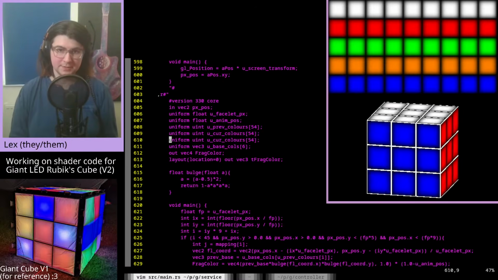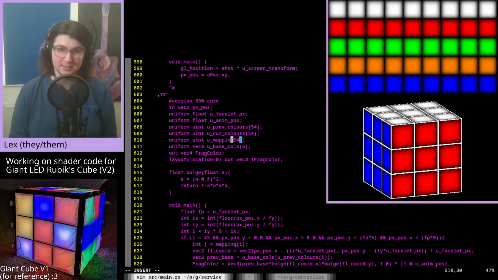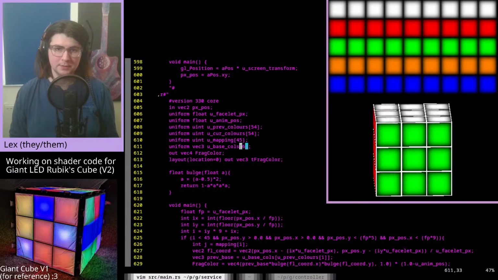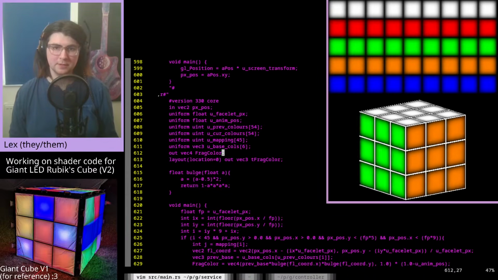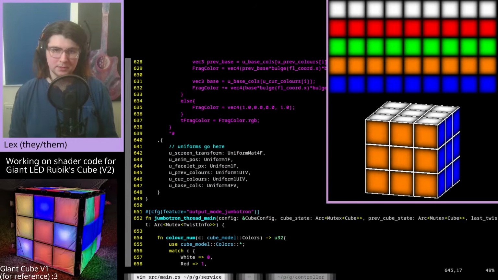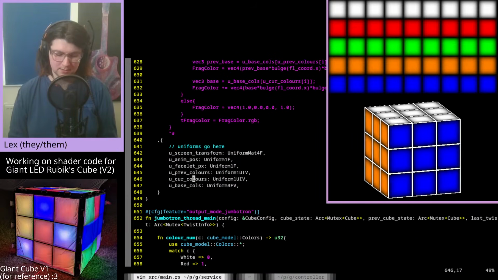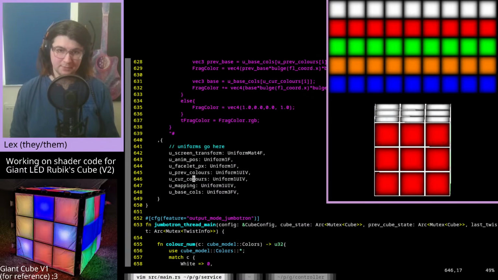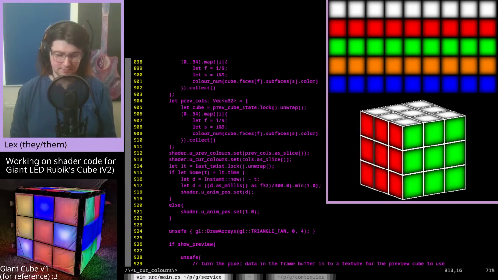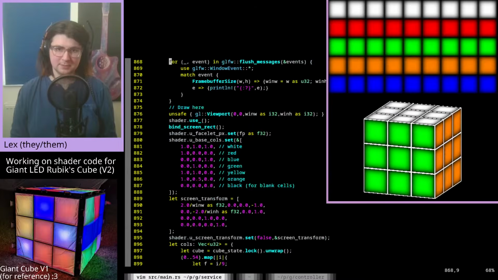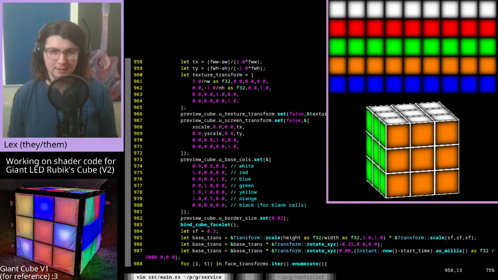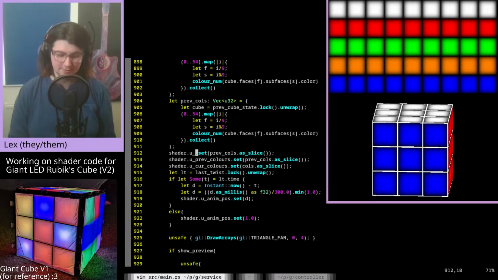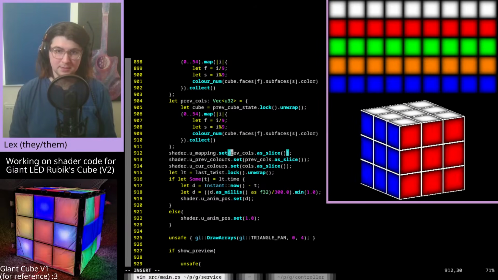So I suppose the way to do it is like this. Uniform U underscore mapping 45. Yeah, that should work. And then have a uniform here called mapping. And I want to update that whenever I render this. Oops. Give me the syntax highlighting. There we go. Not the preview cube. This one. So whenever I set all these, I should also set the mapping to